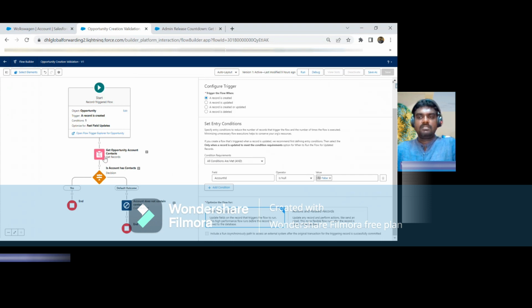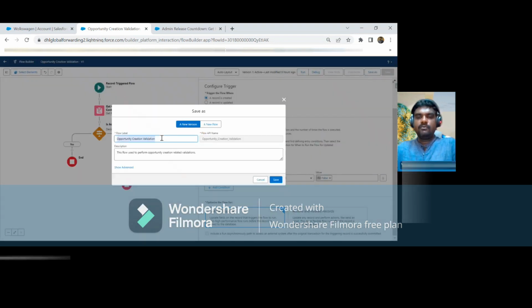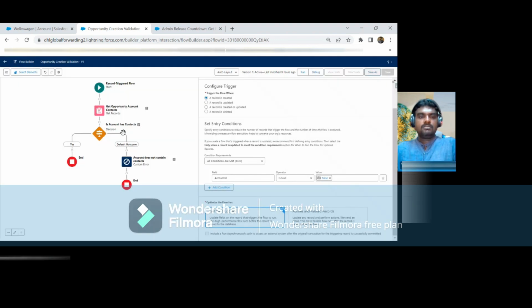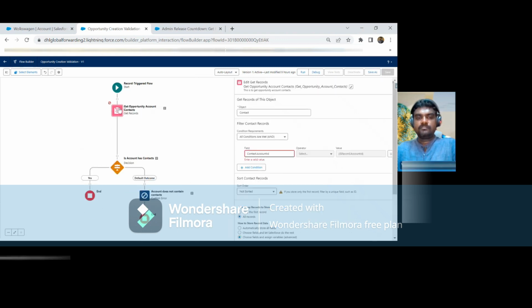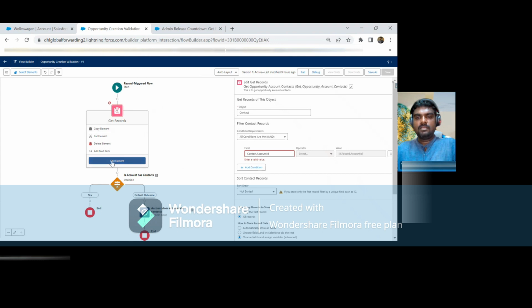Now, after this, you click on save, and you put the flow label and the API name of the flow, and then you put some description, right? Now, after the start, we have Get Opportunity Account Related Contacts. So if you edit this one,